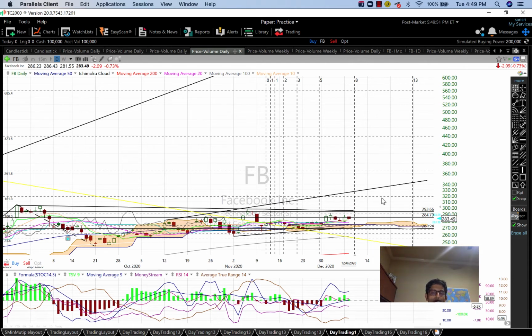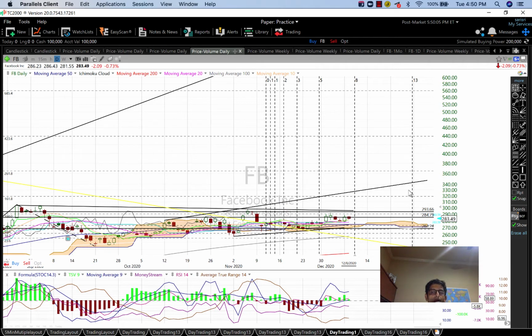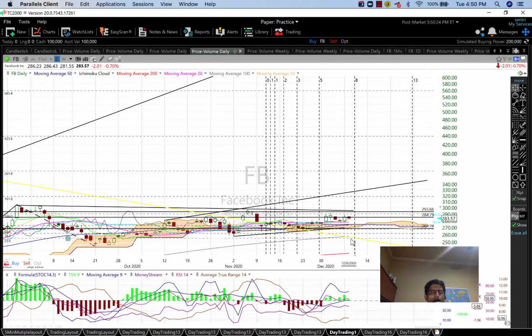But what I'm more excited about with Facebook is the long-term potential. If you look at this one, it has a potential of going to around 350. So if you can play January or February calls, that would be the best bet. Look at this trend line going all the way through. We are looking at at least another 15 trading days. So it'll be best to play the January calls or the February calls to ride this wave, so buy some 300 calls and then ride this one all the way to 350. That is one thing I wanted to suggest.